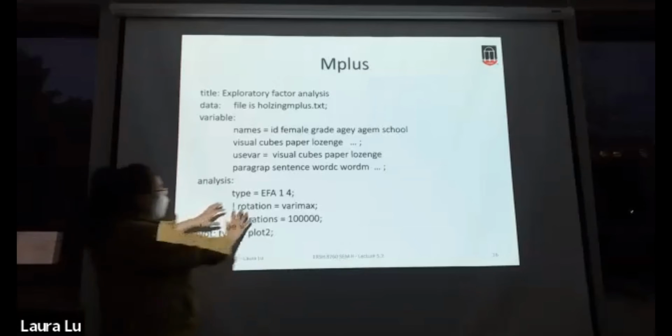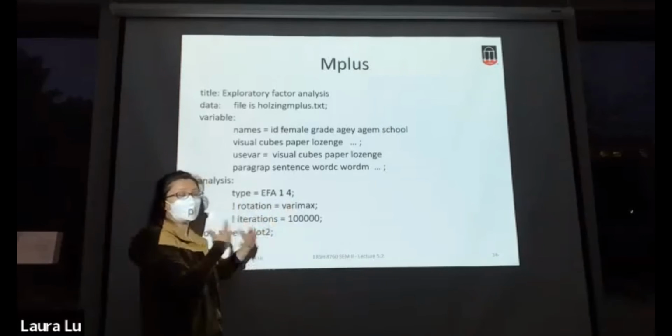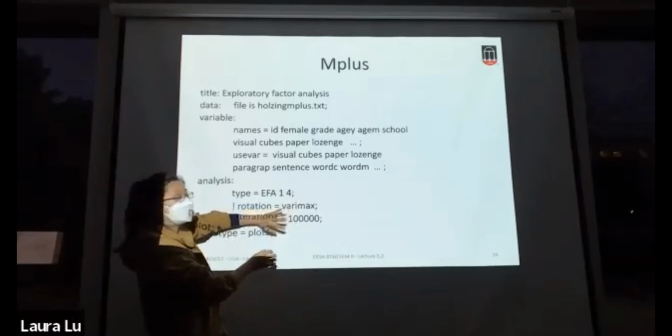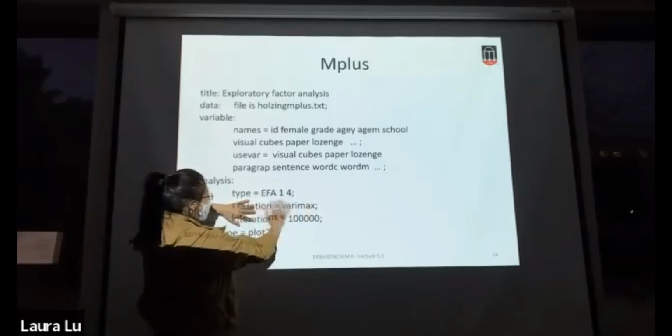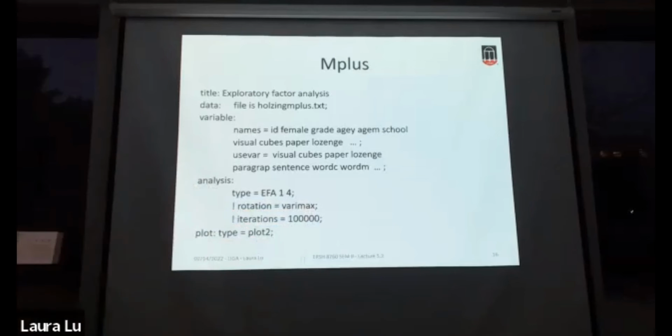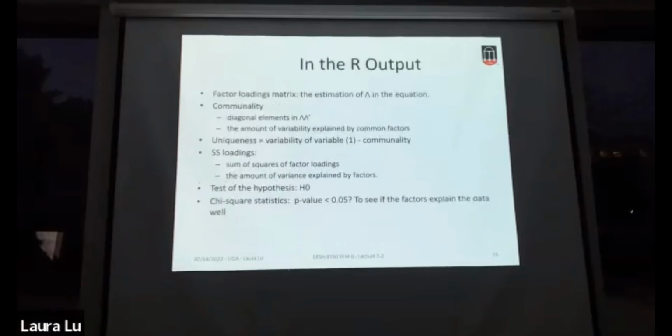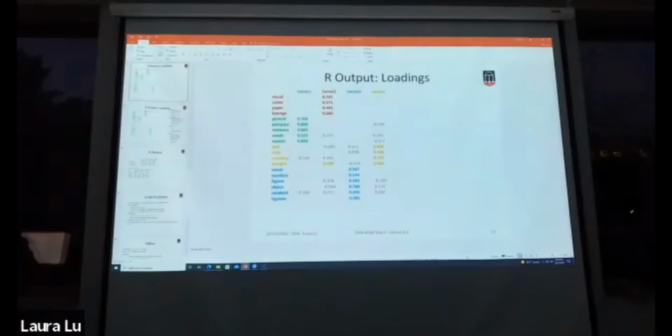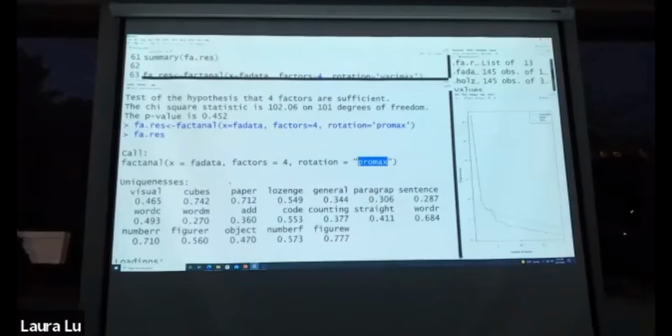So I have the M plus code here. You can ignore this part, okay? These are options I provided for you to change your code, but this is not necessary. If you don't want to change the default setting, you can just ignore this part, okay? And the R code, I give you a lot of R code. So in RStudio,